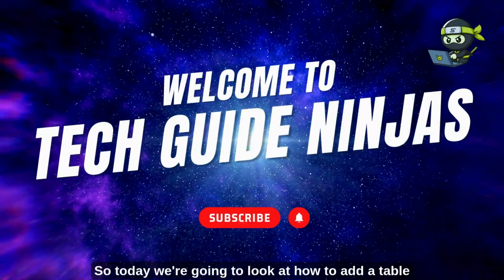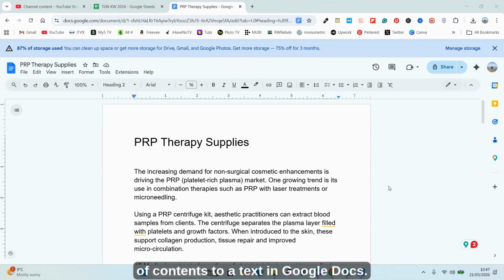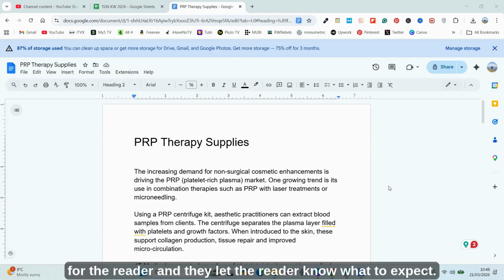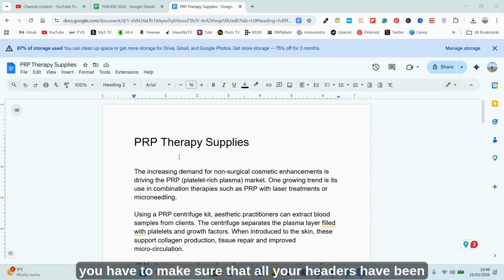So today we're going to look at how to add a table of contents to a text in Google Docs. Table of contents are helpful because they improve navigation for the reader and they let the reader know what to expect. So before you add the table of contents, you have to make sure that all your headers have